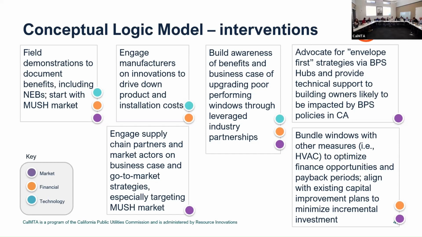The wrong time, just like with water heating, the wrong time to focus on water heating is when the water heater failed. The wrong time to focus on envelope is when somebody's already down the path of changing HVAC. Continue to advocate, and we're doing this on envelope strategies with the hubs. The hubs are also mechanisms for informing building owners for optimal pathways to compliance with building performance standards or voluntary compliance with some of the accelerated programs, making sure that they're aware of the benefits of envelope first strategies because they're out there advocating. And then the last one, just kind of bundling it all together and thinking about the financial mechanisms to fund these programs.